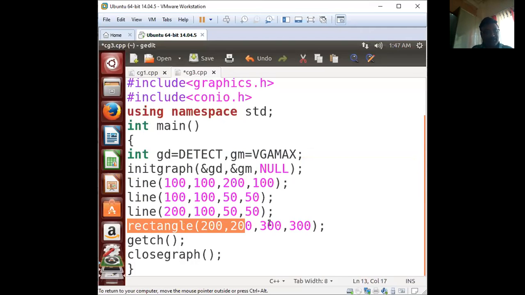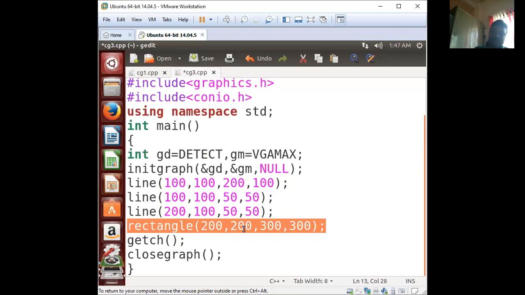Now rectangle has an inbuilt function, so you can directly use rectangle. How many parameters does rectangle have? Top left and right bottom. I already told you, top left and right bottom, and the remaining coordinates the rectangle function calculates itself. So what is my 200, 200 and 300, 300?